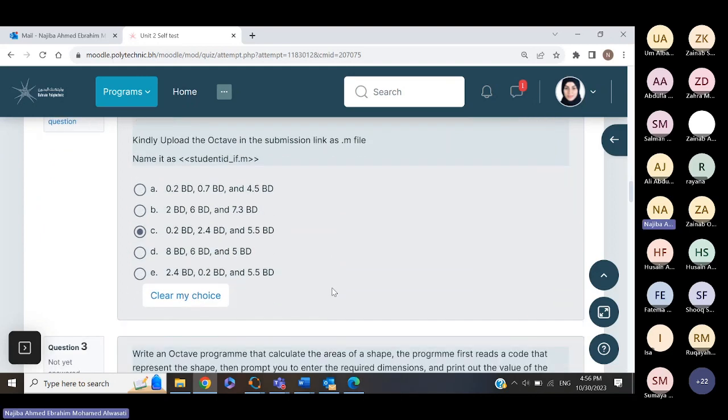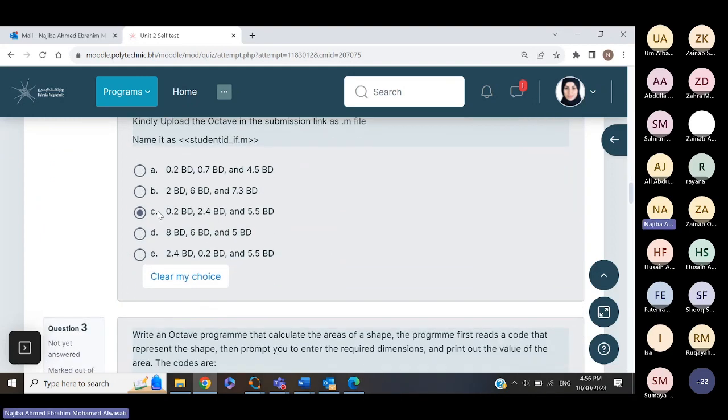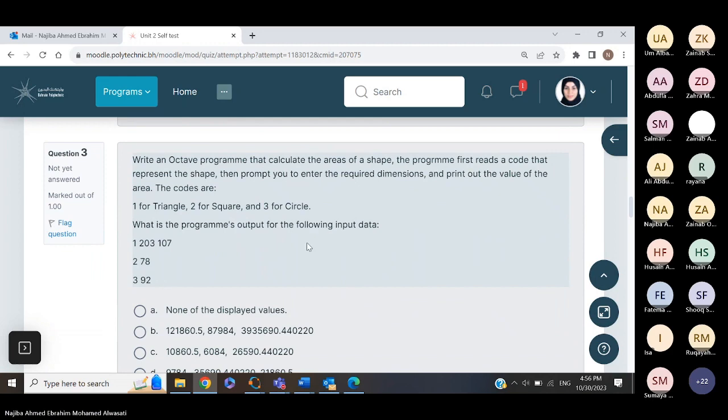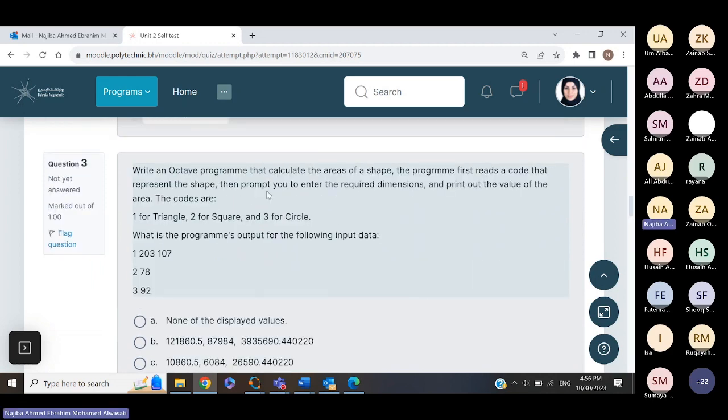Okay. So this is for this question. Okay. Now, write an Octave program